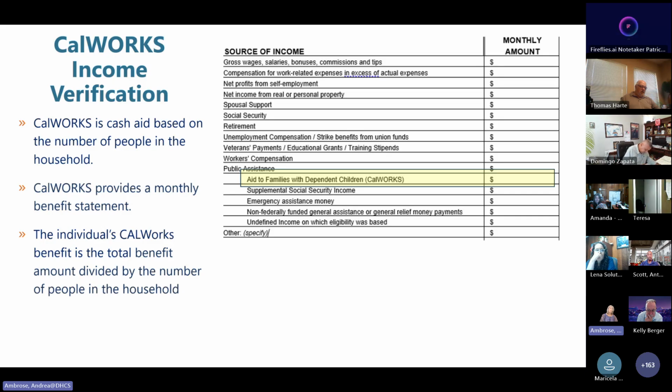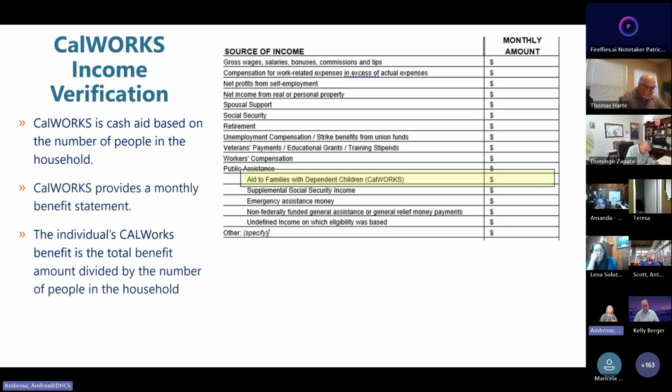Also, the monthly benefit statement does show the amount of cash aid that they receive. And what we do there is, because it's based on the number of people in the household, we're going to divide whatever the benefit is by the number of people in the household in order to determine the participant's share of that income.